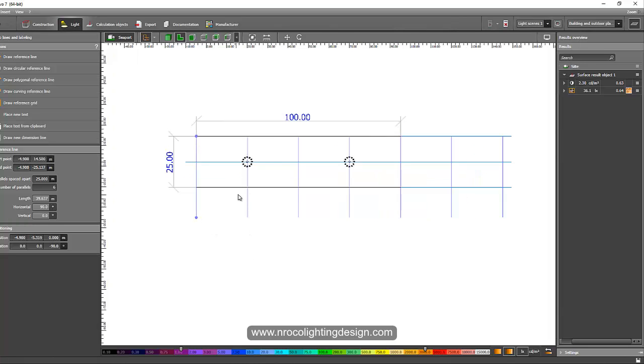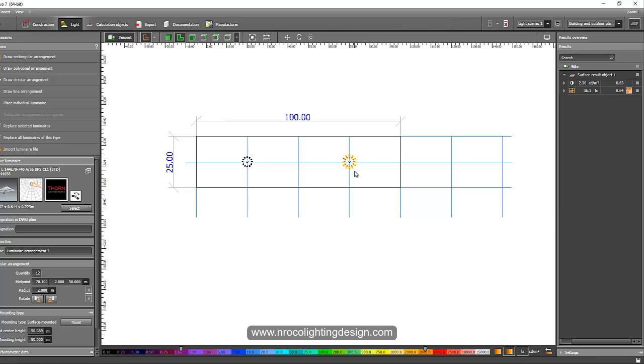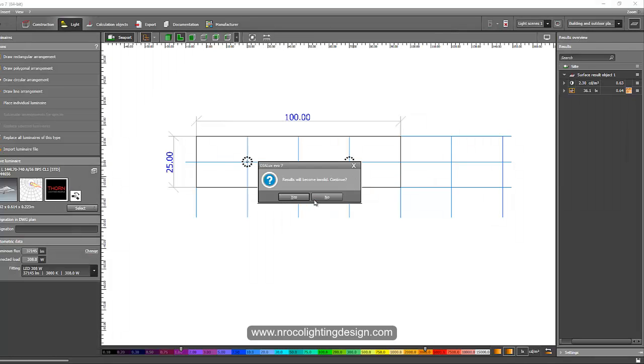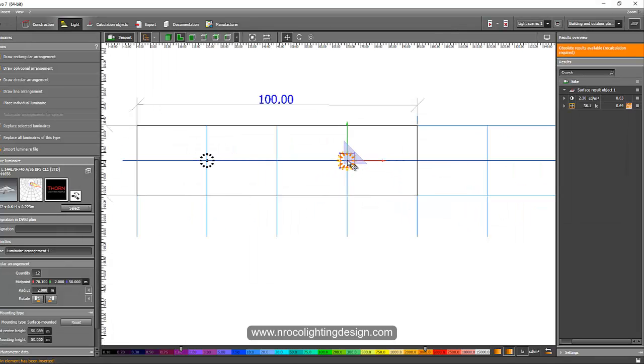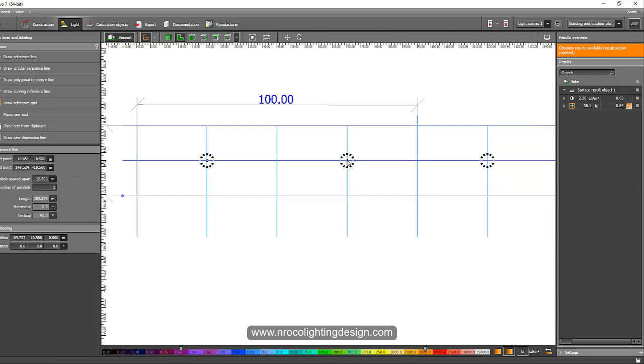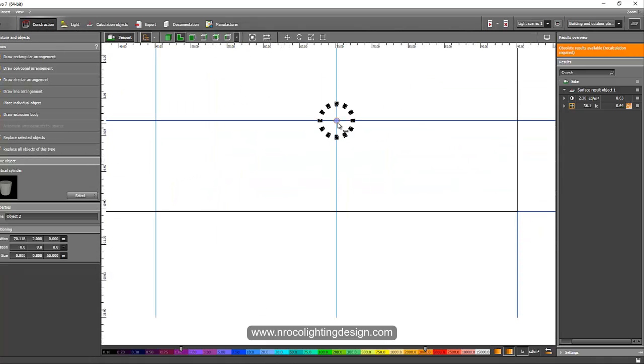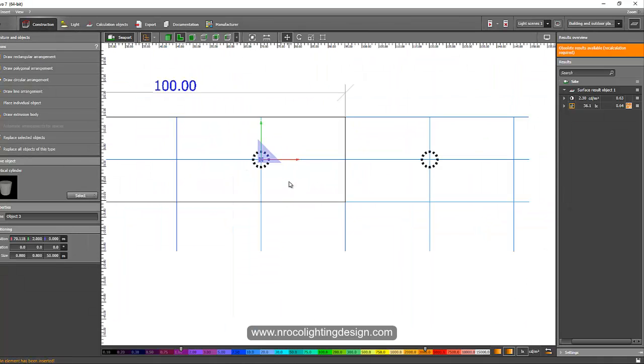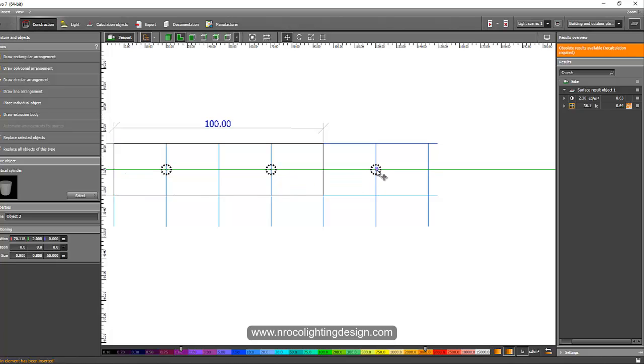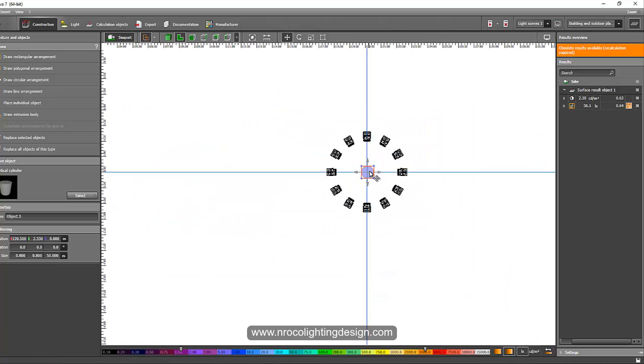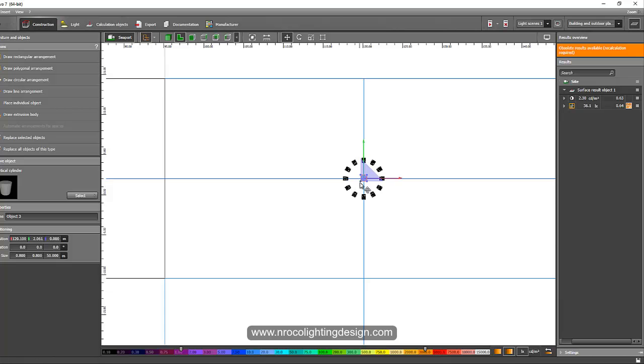So we're going to copy this one, Control C, Control V, say yes, and then let's copy also the pole, the object, Control C, Control V, and then we will adjust our ground line so it will be focusing on the middle.